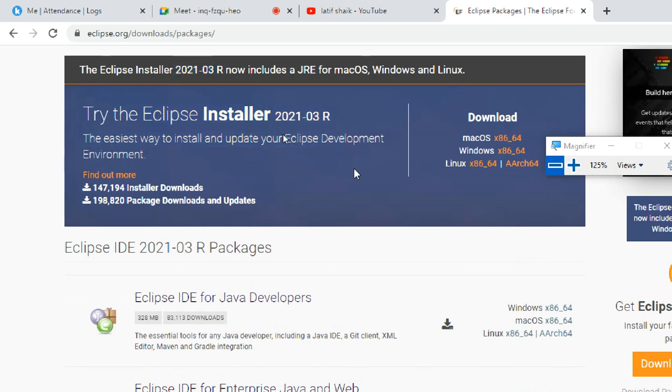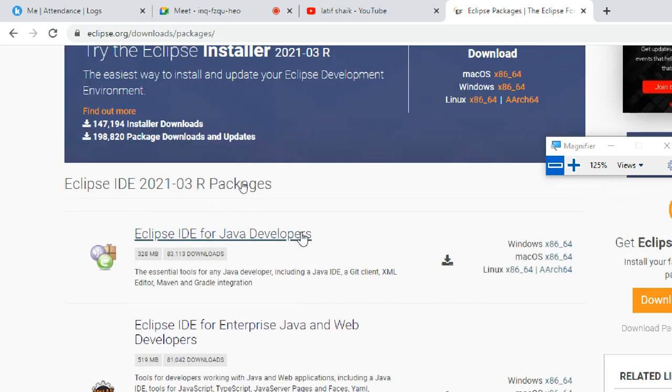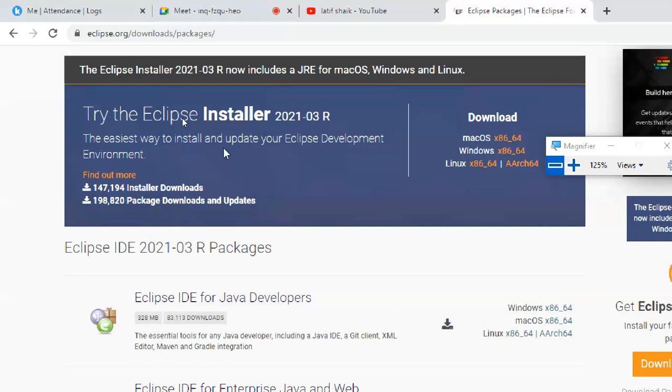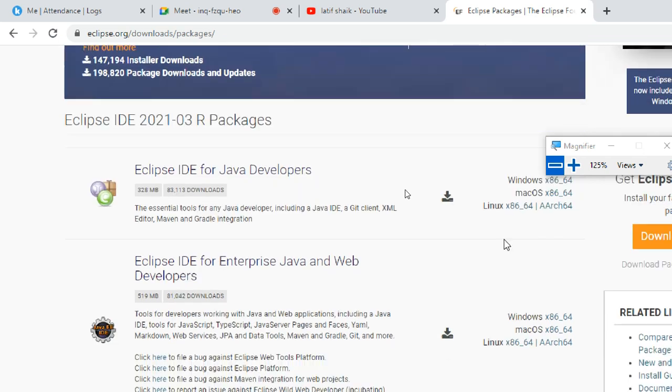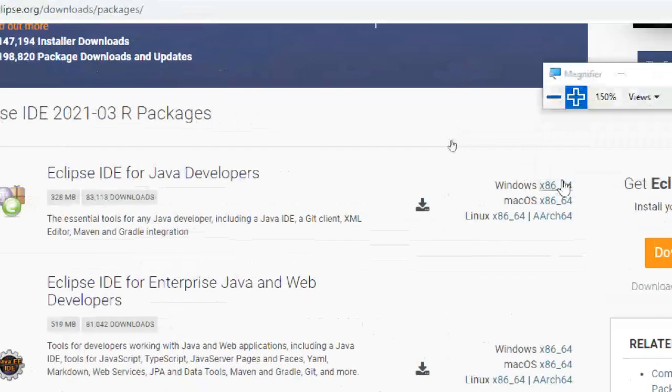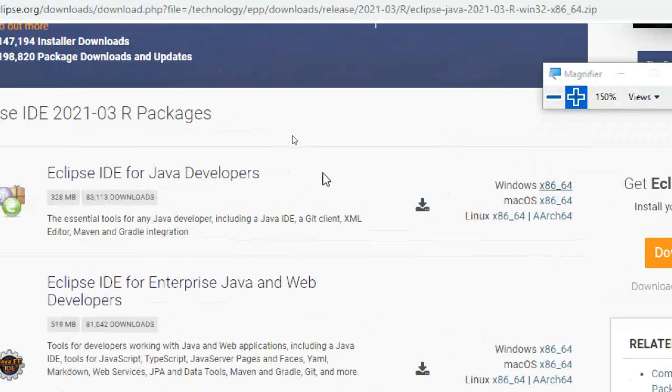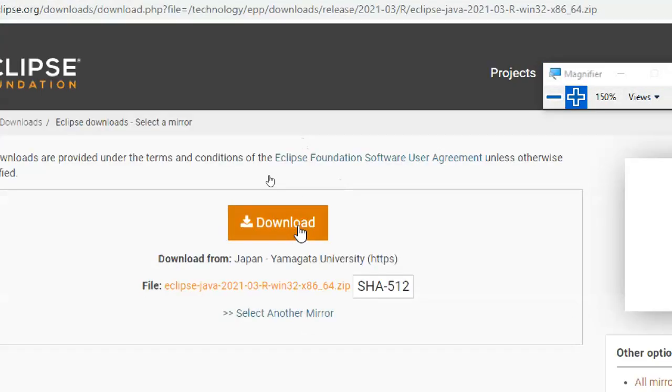This is a small size. Once you double click on it, it will take a lot of time to download all the things. Better to download from here because it's an internet installer. Just download everything through the internet and do it. So I'll do this one. I'm downloading Eclipse also. Okay, if you get a chance to do that one, you can do it.